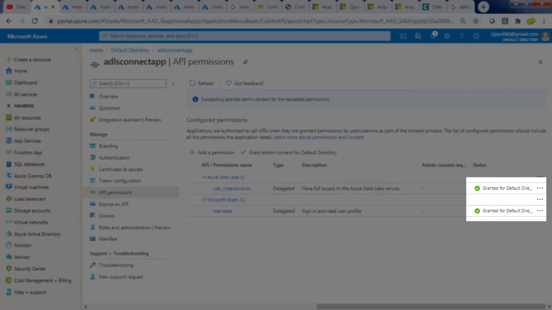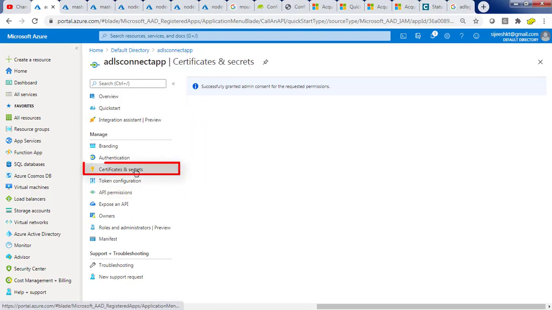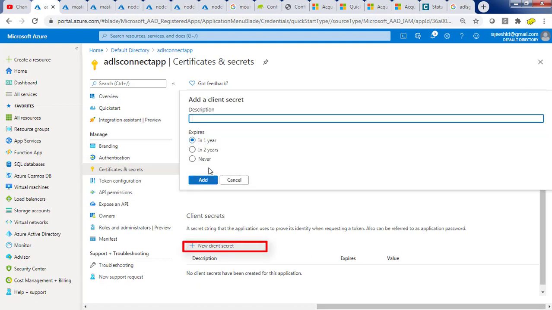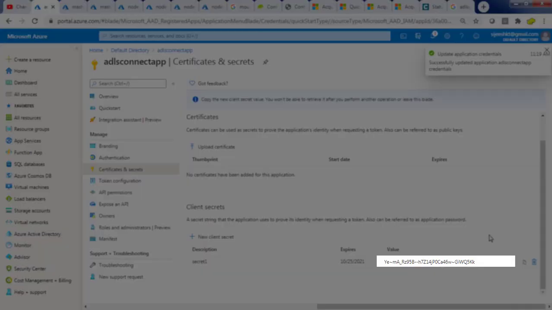Okay, so that's it. Now we will create the credential for this. Just hit certificates and secrets and create a new client secret. Just hit new, and for the description, add some name. The expiry duration you can choose as 1 year, 2 years or never, depending on your requirement. You can see the credential here.